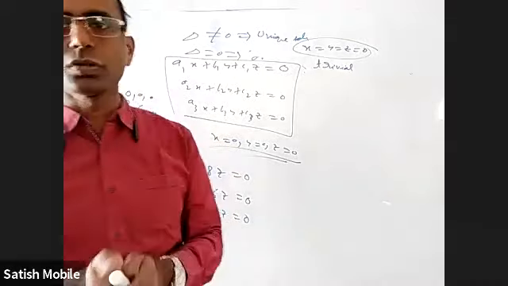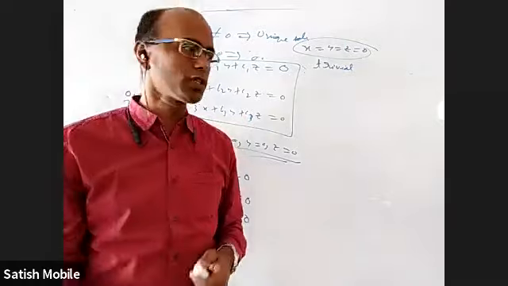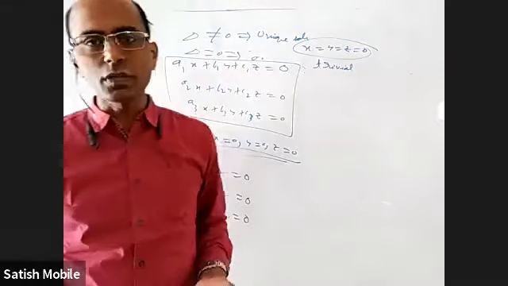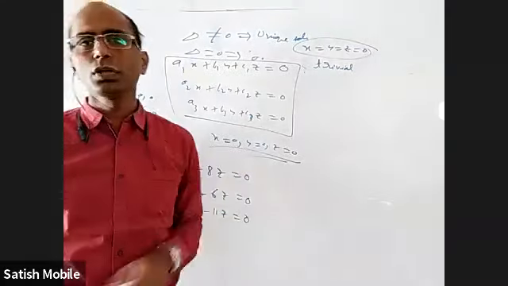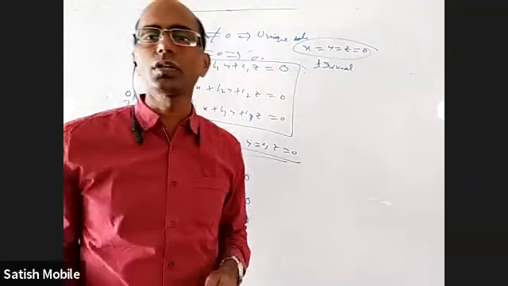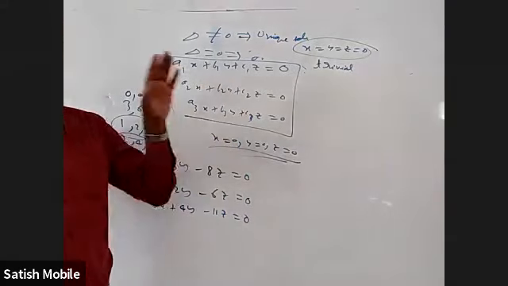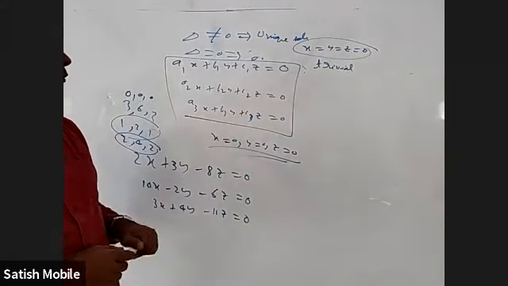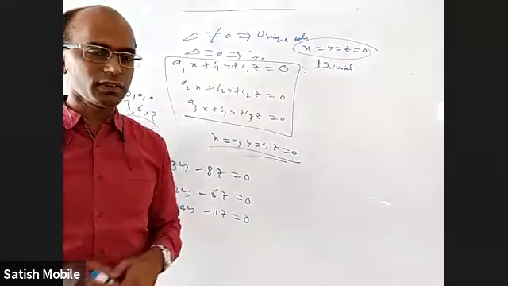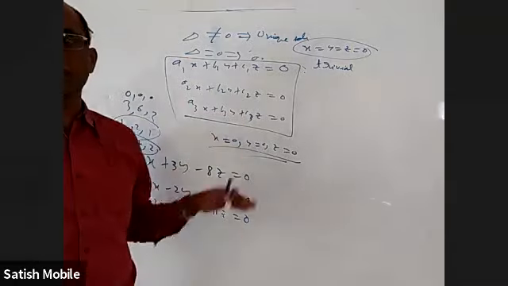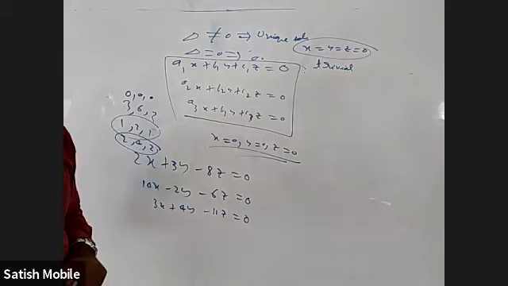Delta not equal to 0 gives a unique solution, that is 0, 0, 0, which is also called the trivial solution or zero solution. If delta is 0, you'll have infinite solutions. They are also called non-trivial or non-zero solutions. That's it. When they simply ask, we want to have a non-trivial solution, delta should be 0. You'll find at least 7 questions where they'll give an equation like this and ask for a non-trivial solution. Simply take delta equal to 0, you'll get the answer. Okay.